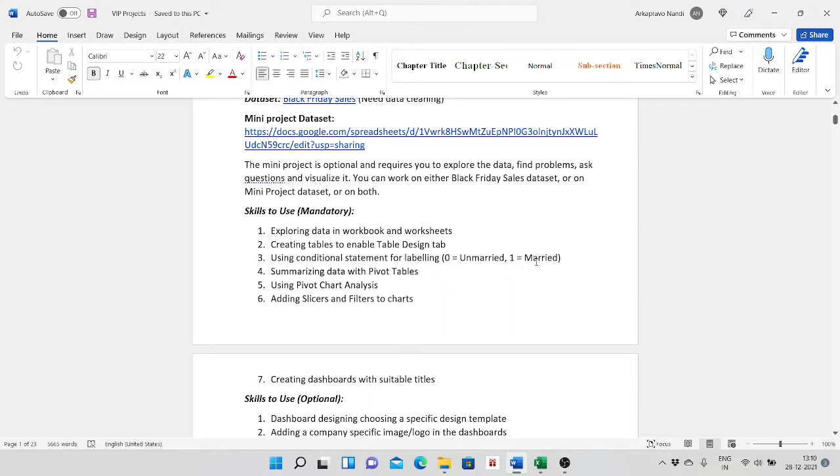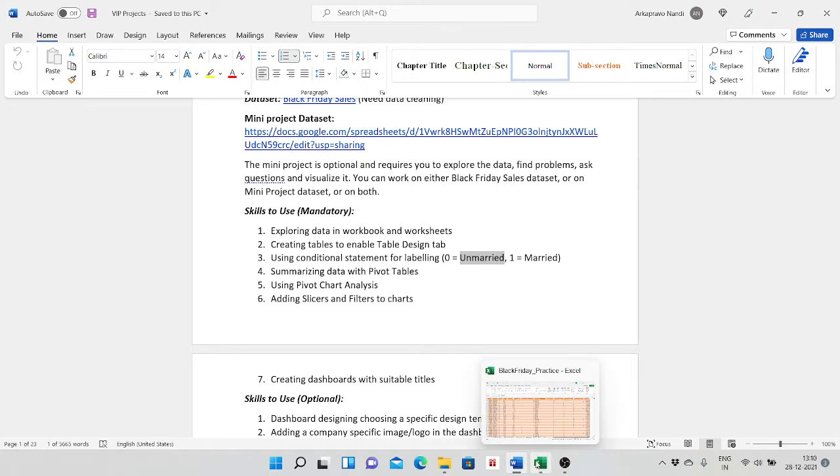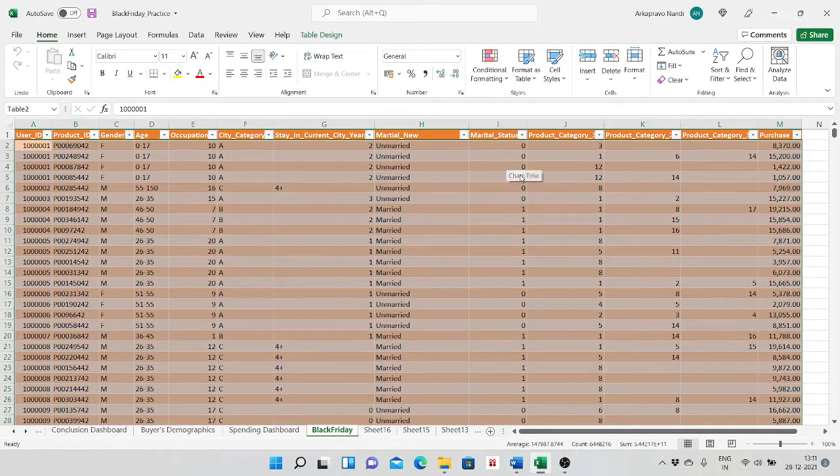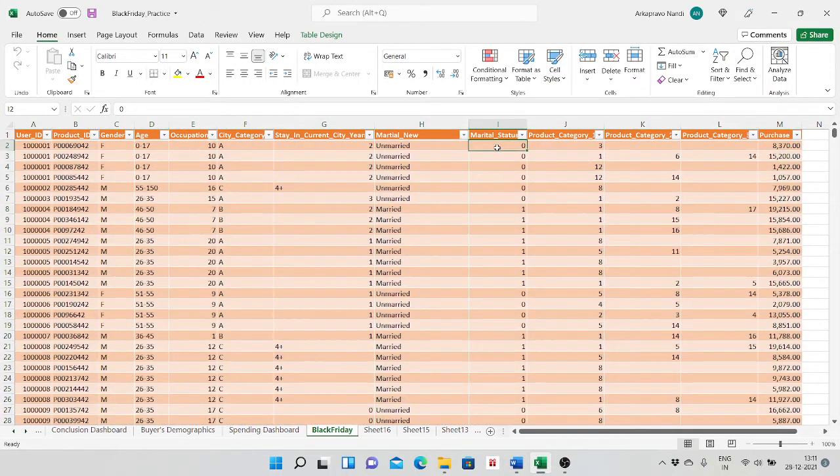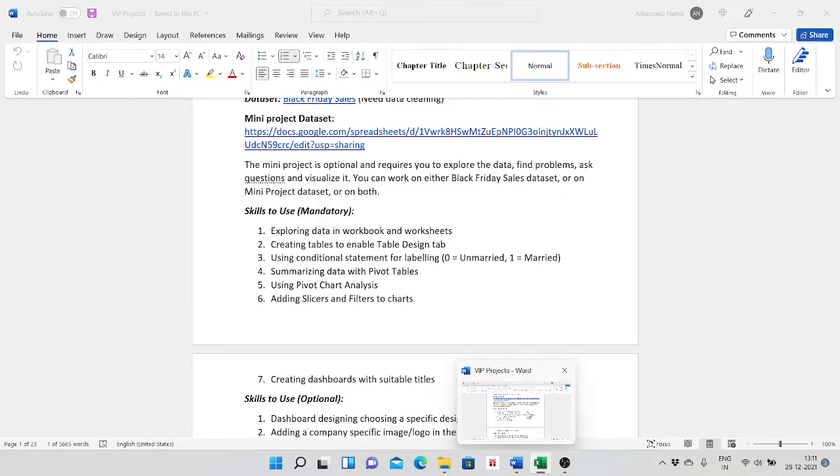For married, I have numerically denoted it with 1, and for unmarried with 0. So I have to write an if-then-else condition. When I click at this first row, where the marital status is unmarried, it will get labeled 0 according to the question given in this Word file.